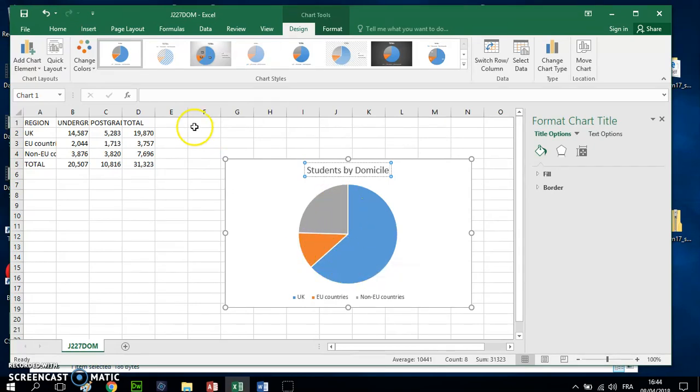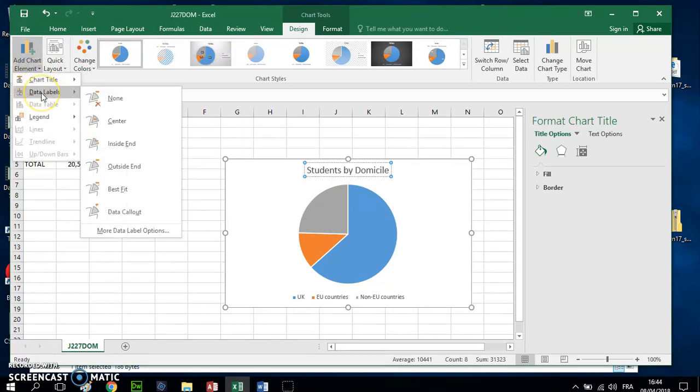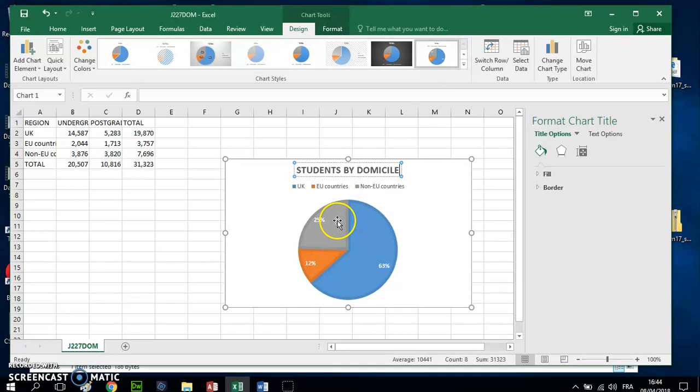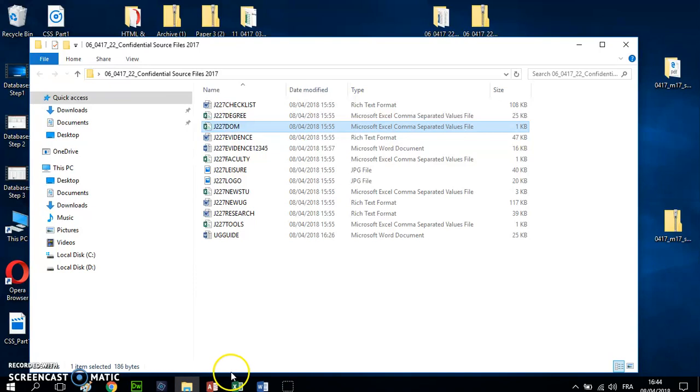the windows. Now I can do that by adding my chart elements over here and going and finding the data labels that I want, or I can just move along my preset designs until I find one that meets my requirements. This one here will give me my percentages with the legend and the title. That's absolutely fine. So I'm going to save and control and copy that as it is and jump back into